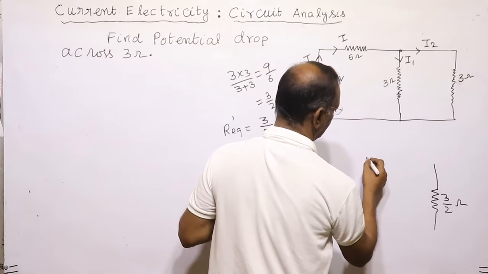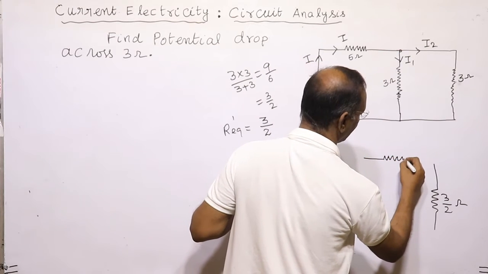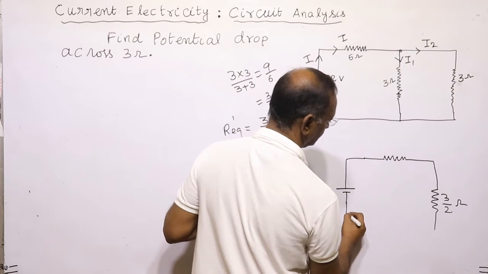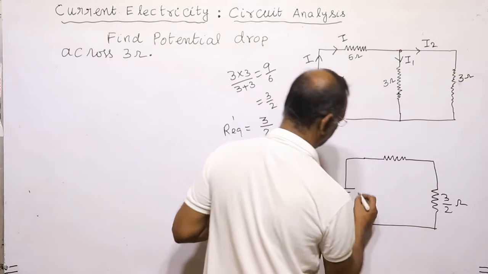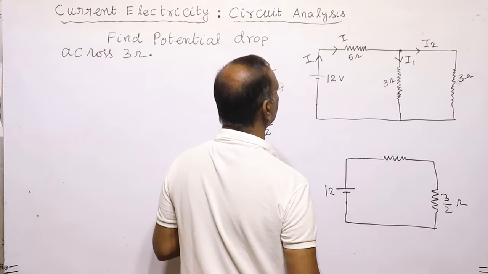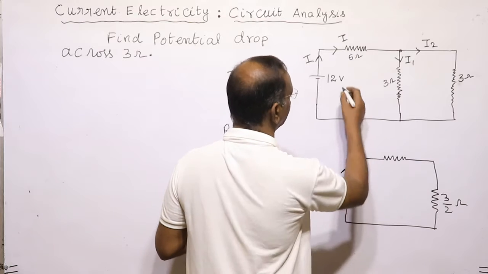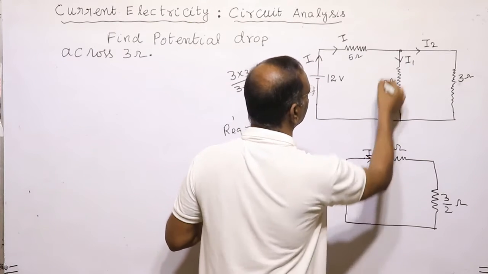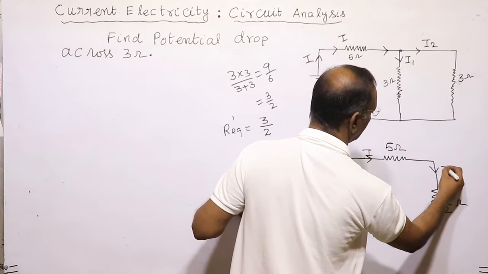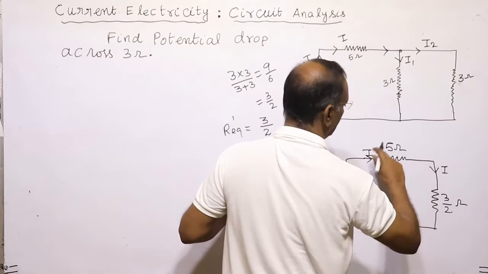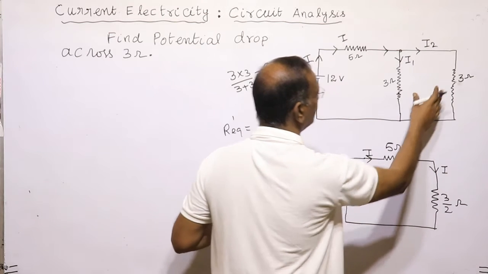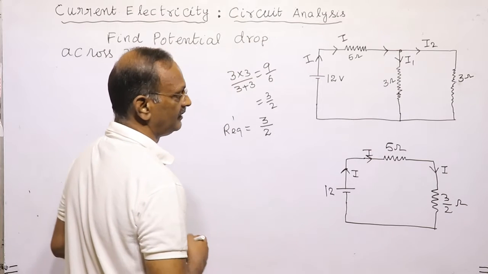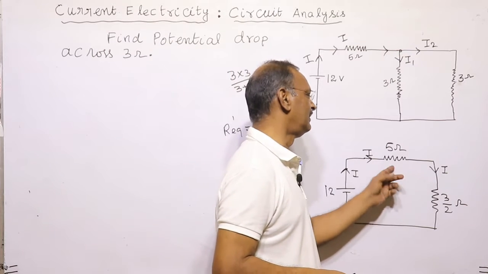So this we have split up. Now this will come like this, and 12 volt. 12 volt is the applied potential difference. So I will go from here. This is 5 ohm. So I will go here, here also, and this also, because this is a combination. Both the series resistors become a single one, and then it has become a parallel. It has become a series resistor with 5 ohm.